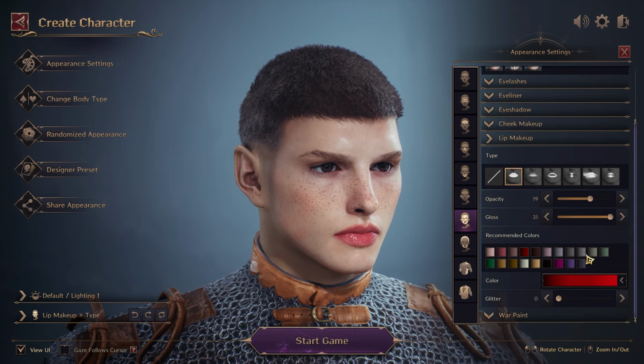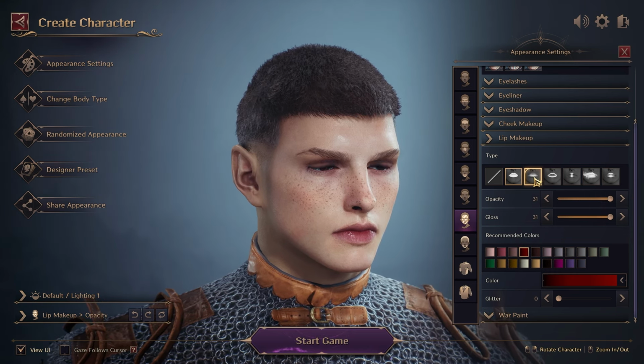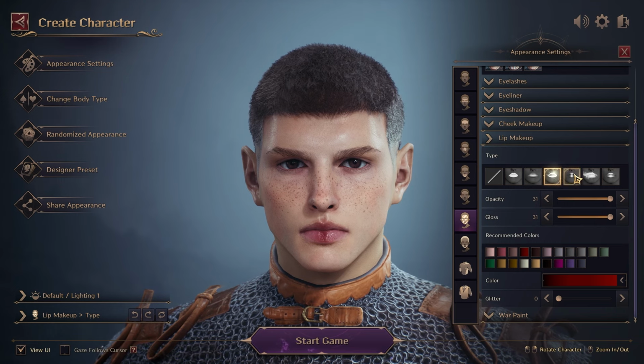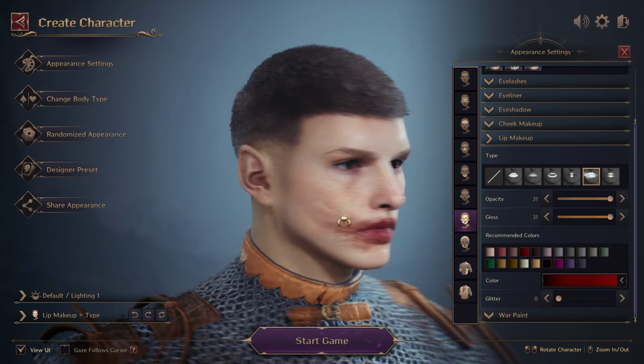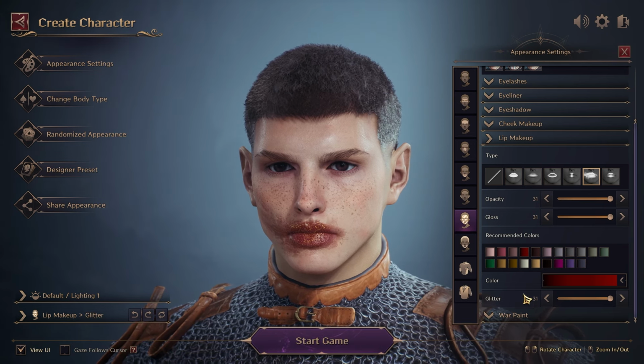Lip makeup. Here we go. We got a nice red selected here. We're going to make it much more visible. Then we're going to check what we've got. As I was saying, I really like this one, right here. And I like putting glitter on it. You get to choose